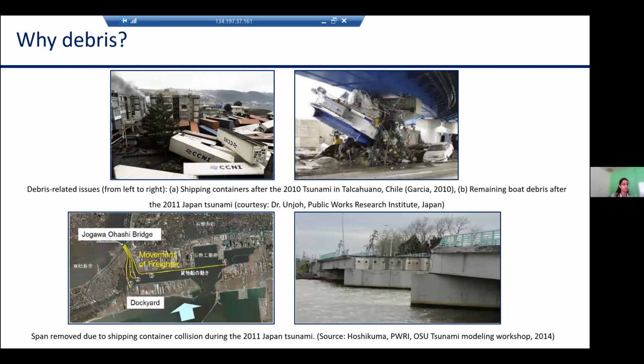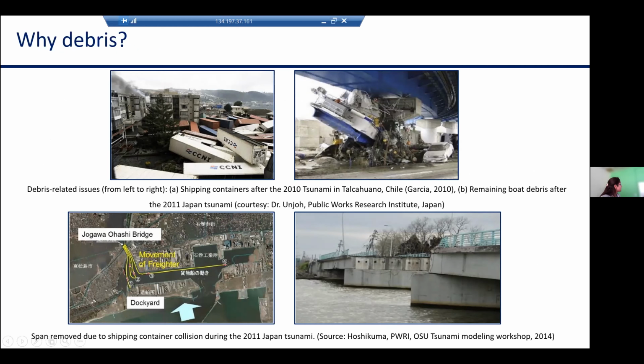The big question is why we need to consider waterborne debris. Tsunami events cause failure of many critical infrastructures, including bridges, which is important due to the significant role of these structures in emergency response following the events. Field surveys after past major events, such as the 2011 Japan tsunamis, demonstrated the significant contribution of waterborne debris to structural failure. Debris affect the structural integrity and functionality.